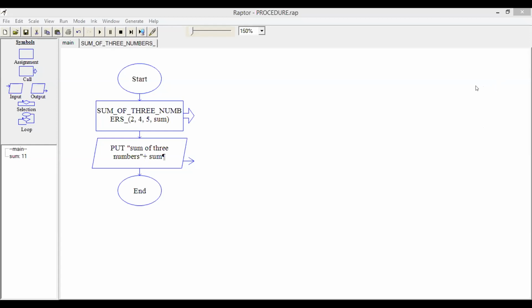Sir, can we save this procedure separately, sir, for other programs also? I don't think so. But have you learned any other programming language? I learned Java, sir. So in Java, we have something called an import statement that we put at the top, right? Yes, sir. There, you can have your user-defined packages and use them for some other program. Yes, sir. So that concept we have to check. I doubt whether it is available in Raptor or not. It is there in programming languages, but in Raptor, whether that will work or not, I don't know. I have to check it.